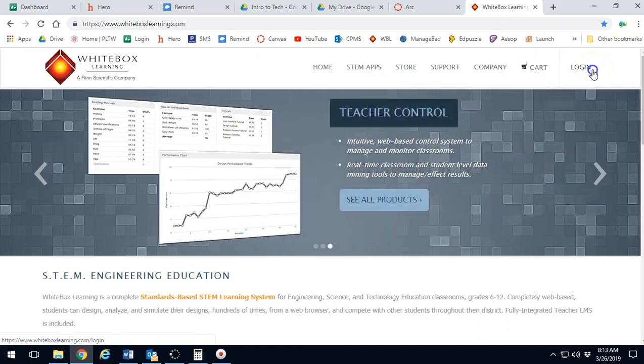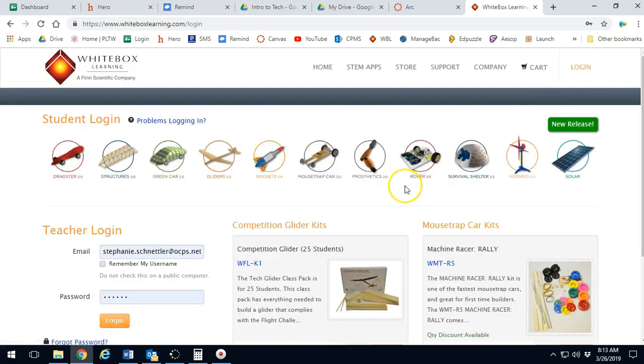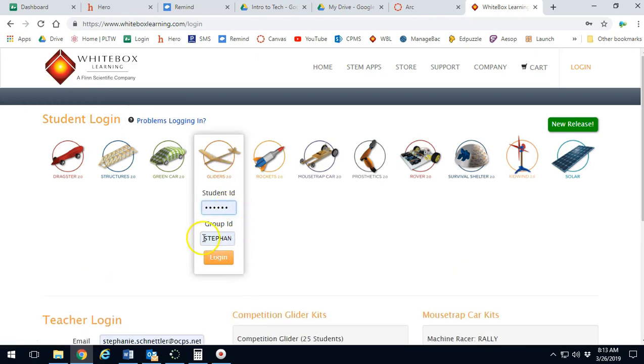So once you're there, you're going to log in, and if you are a student, then you're going to log in up here where it says Student Login. Down here it's Teacher Login. Even though I know it looks like a normal login and you want to click down there, you won't be able to get in. So up here at Student, and it always, for me, has the wrong information saved,